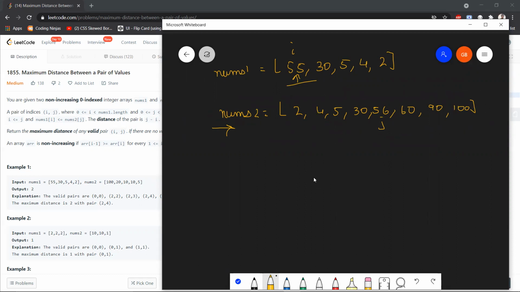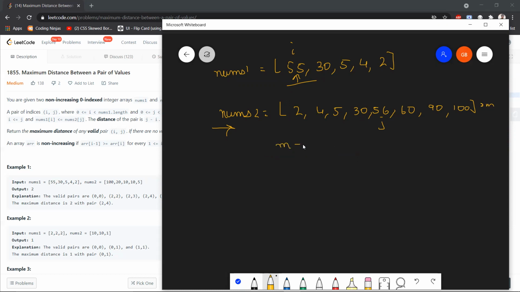Perfect. And how do you find the closest one? You can simply apply binary search, try to find 55 in this array and you will reach the element 56, or for C++ users, directly use lower bound and you can find the index for this 56, right? Now this 56 is actually the new index. It's not the original index. The original index can be simply found by the formula. Let's say the size of this array is m.